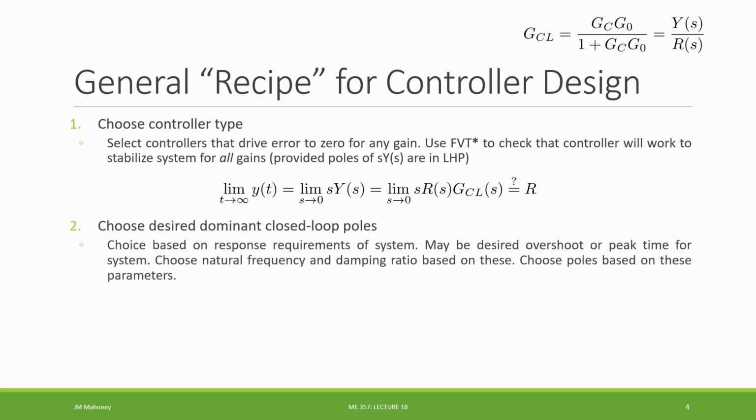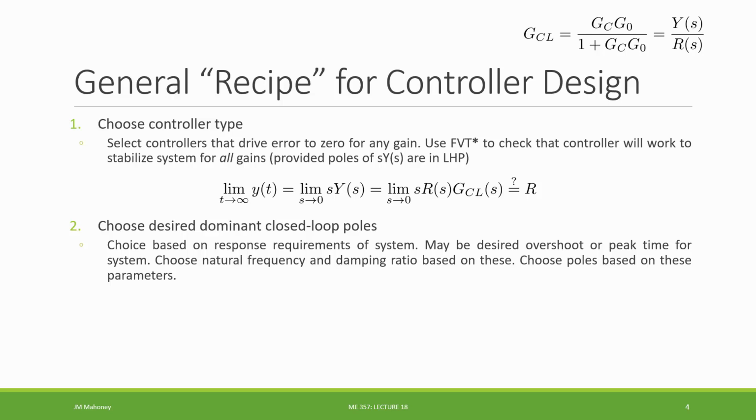Right, so now that we know that a controller will work for its main purpose, stabilizing the system, now we want to choose the desired dominant closed loop poles. So this is where we are going to see what the response requirements of the system are. Perhaps there's an overshoot we want to hit exactly, or a maximum value of some overshoot, or a rise time or a peak time or a settling time, maybe a combination of these